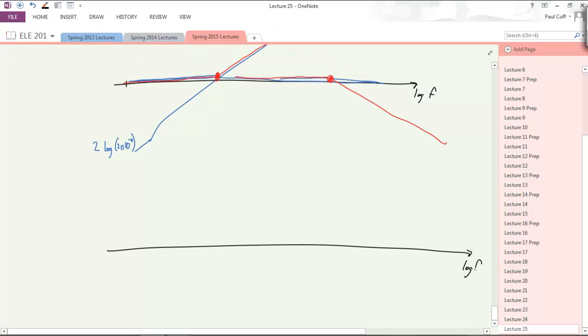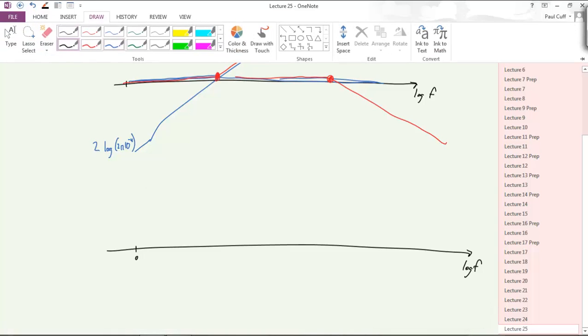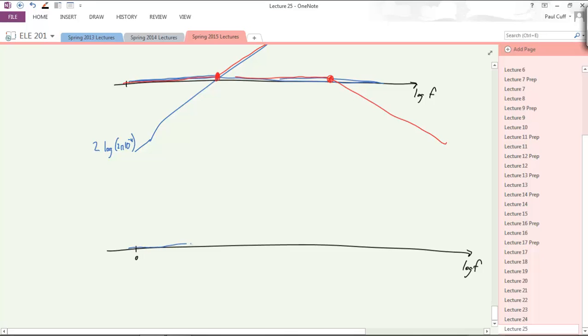Let's just arbitrarily put a 0 there. Of course, these are log frequencies, so negative is still relevant. It reaches some corner point, goes up with a slope of 2, let me make the slope of 2 a little less in my picture, hits the second corner point, and now